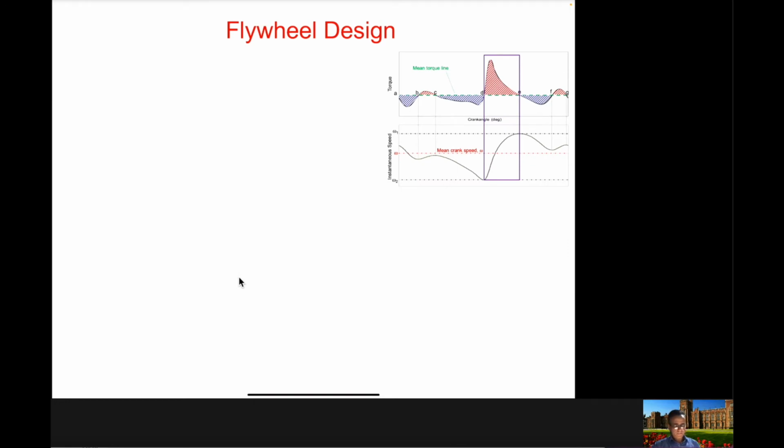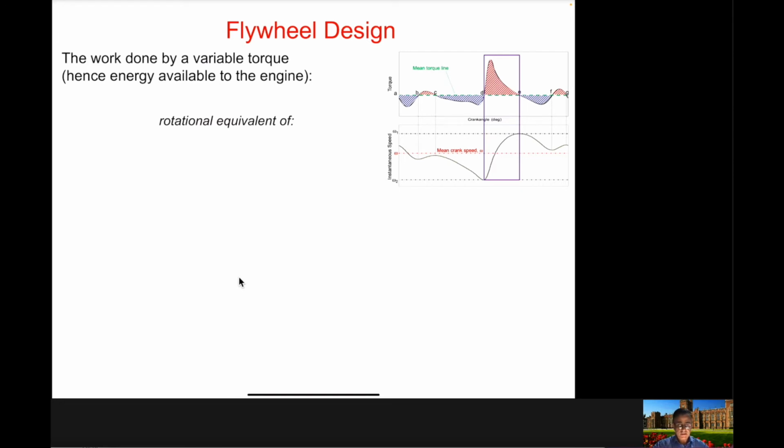Okay, so now as you can see in this slide here, the work done by a variable torque, and hence energy, is available to the engine. So if you want to calculate the energy produced by this torque during the cycle, the equation to calculate the energy from the torque is this equation here. So it's the integral of T, or of the torque, with respect to angle here,